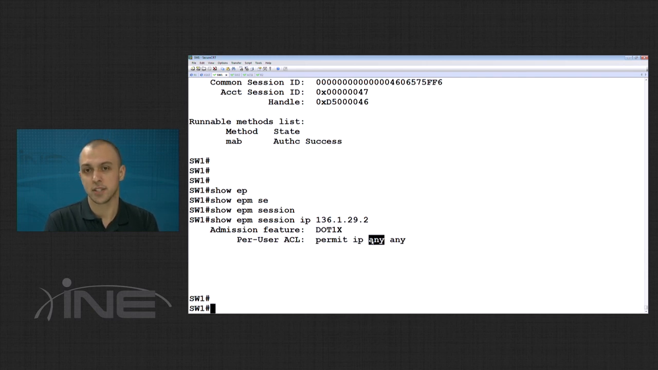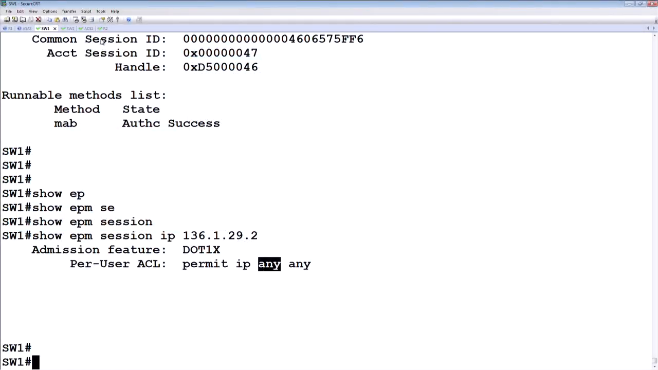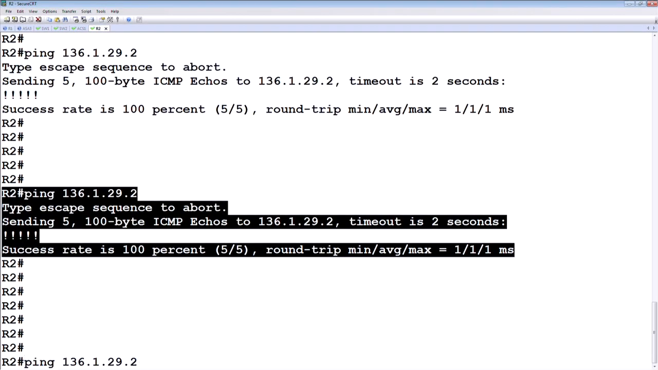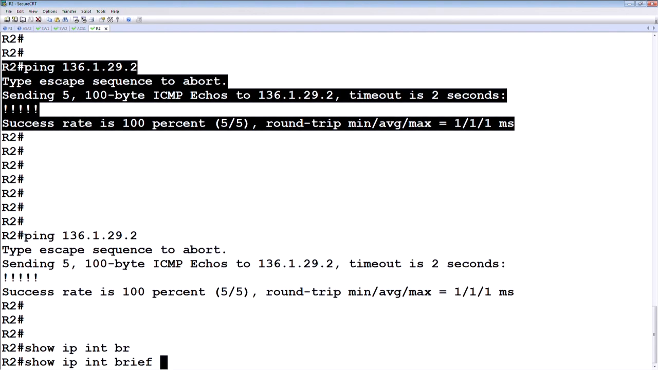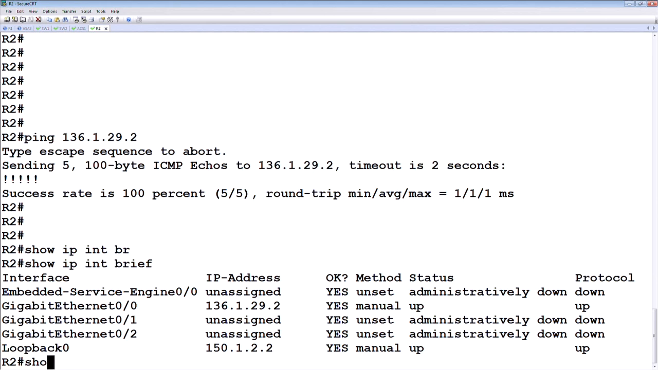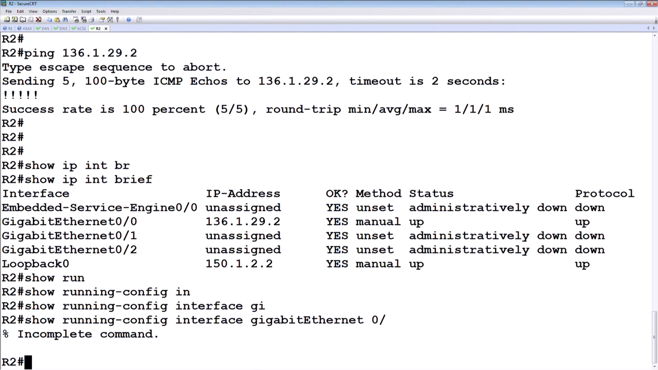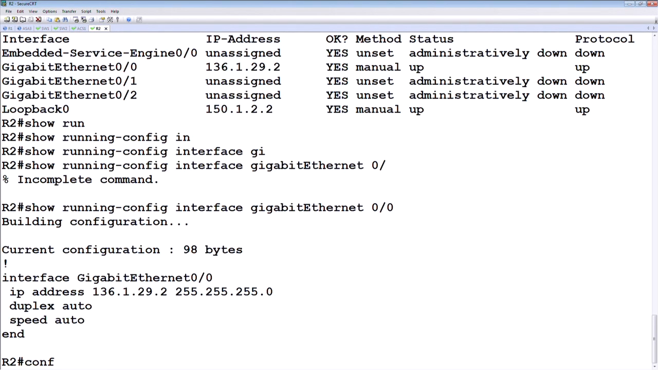But even though it still shows up as any in the source, the switch actually enforces the client to send traffic only with that source. Because if I go on R2 and change the IP address of the router, it should no longer be able to send traffic into the network. So for example, now R2 says I can ping switch 2, but if I go to show ip interface brief, and show run interface gig 0/0, and change the IP address